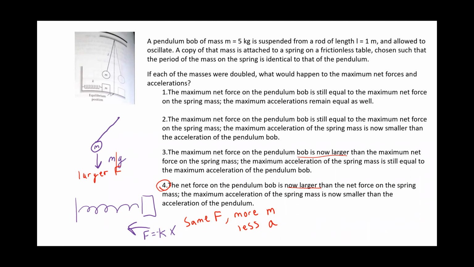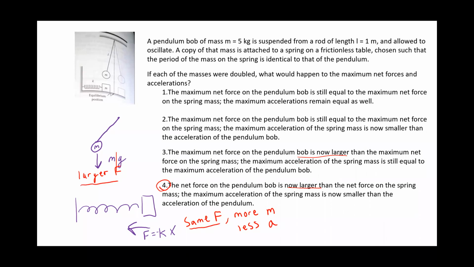In the case of the spring, it's a spring force that's restoring it to center, which looks like F equals negative kx. In the case of the pendulum, it's gravity restoring it to center. So if I increase the mass of the pendulum, I do increase the force on the pendulum as well. I don't increase the force on the spring and the mass. So now I have a situation where the spring and the mass have the same force, whereas the pendulum has